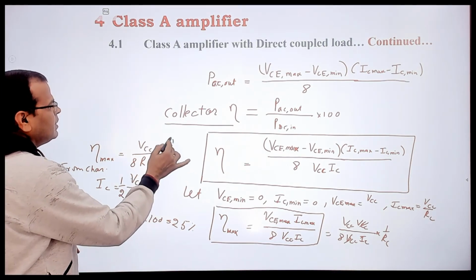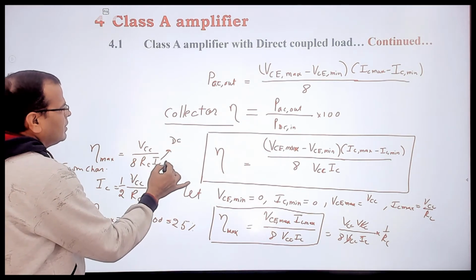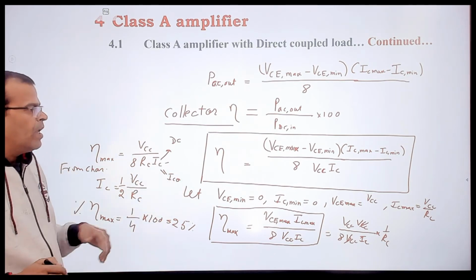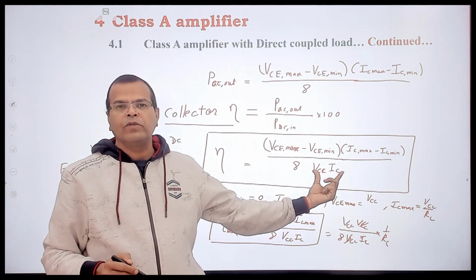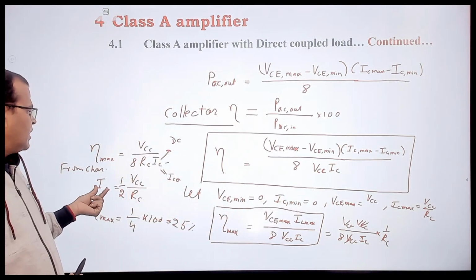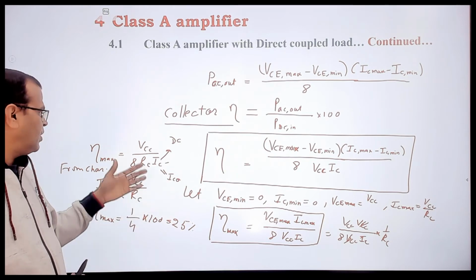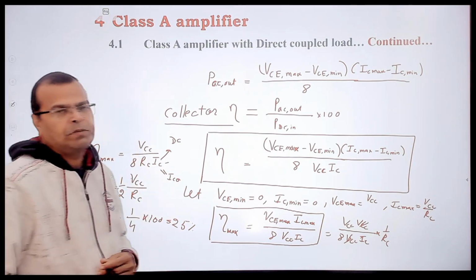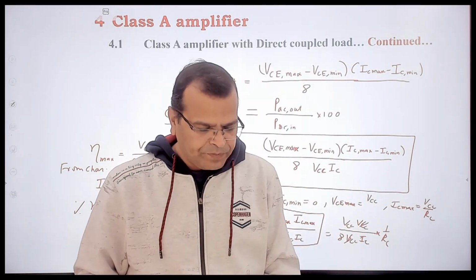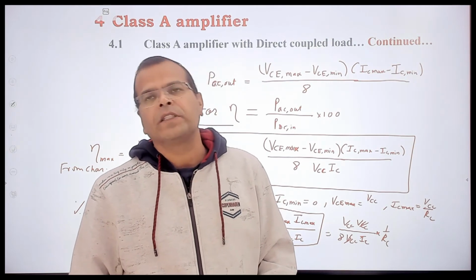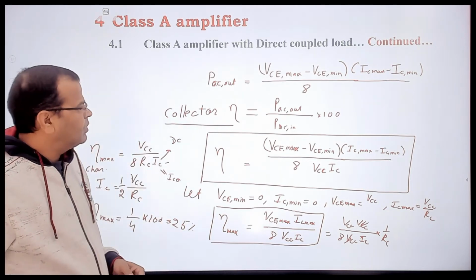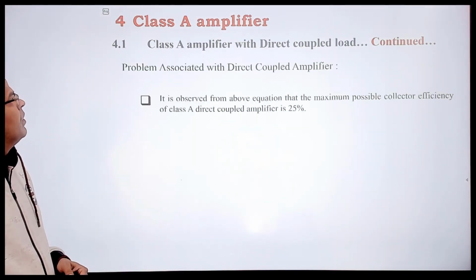This IC is DC current. Remember, this is same as what? This IC is ICQ. So please remember this point. I have taken this as DC value, so that is ICQ. Because of that, I have taken IC as ICQ, that is half of VCC upon RC, and from that only we get that expression. So that is your maximum efficiency of class A amplifier, right? So the maximum efficiency of class A amplifier with the direct coupled load is 25%. So there was a question based on this in the past,